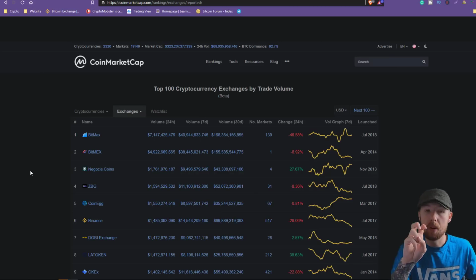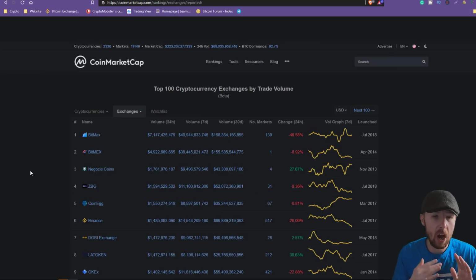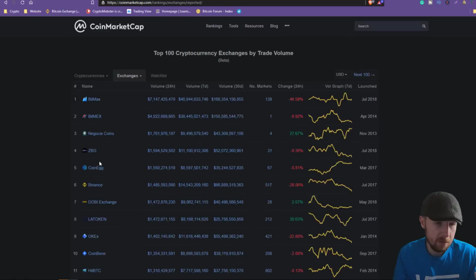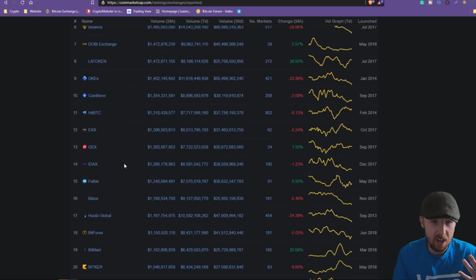This is the reported volume of exchanges. Now, already there's a fundamental flaw with it. You can see already, okay, it's obvious. Look at it. Bitmax. Really? Now then. There's 139 markets on there, but when you look at the likes of BitMEX, BitMEX is an absolute behemoth of an exchange platform. Binance is number 6. Most of these are leveraged platforms anyway, but ultimately there's going to be a lot of